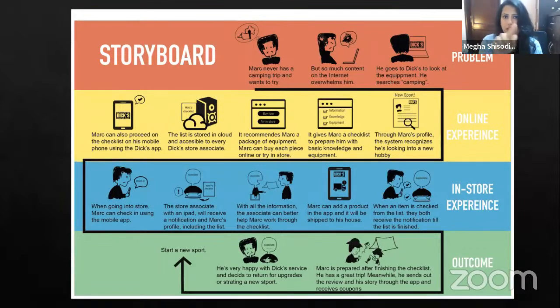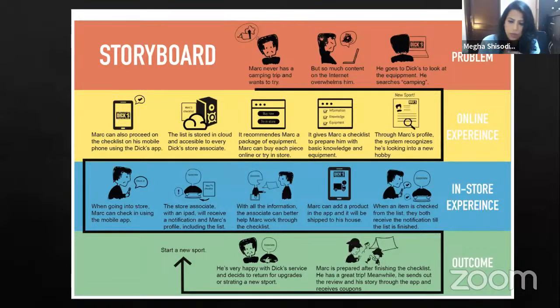What is it doing? It is communicating to you about the app. And at the end, they're very happy with the service, if you can see. So this is how you represent it if you are doing a storyboard for any marketing, any product, any app, any digital product. In this example, you have to put a problem area and give an outcome. This happens with products. This doesn't happen in fashion storyboards.